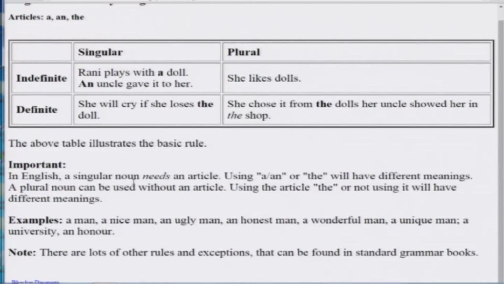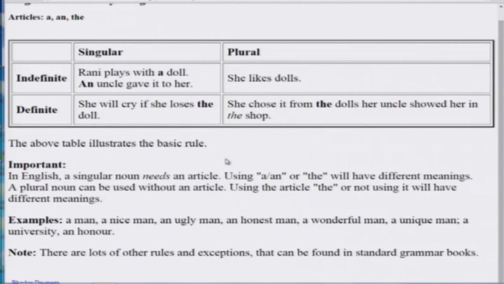ठीक है, अगर अनजान नाउन के बारे में बात कर रहे हैं तो ए या एन, अगर परिचित नाउन के बारे में बात कर रहे हैं तो द, आर्टिकल जरूर चाहिए. ये नॉर्मल रूल है. कुछ एक्सेप्शंस हैं, देयर आर एक्सेप्शंस इन पर्टिकुलर सिचुएशंस. ओके, सो